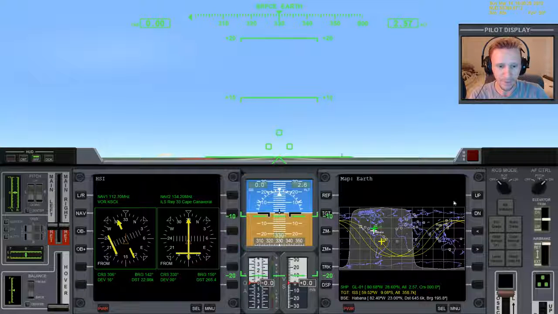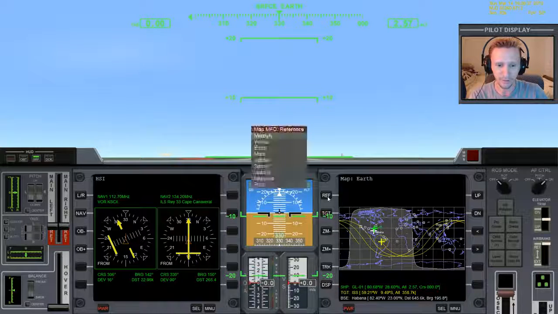We have Map MFD up already by default, which is quite convenient, but we want to reference. This is something I don't think we've done before. So we want to click the reference button, and this works the same way. You press the down